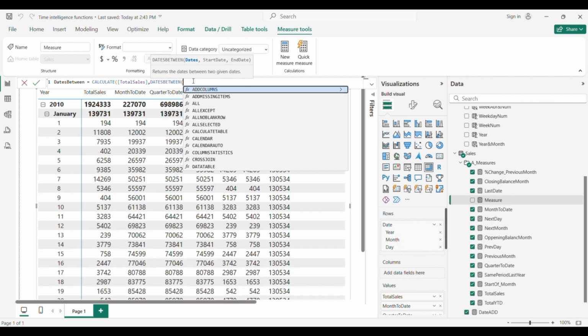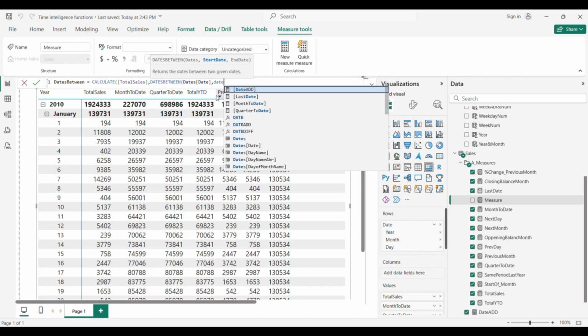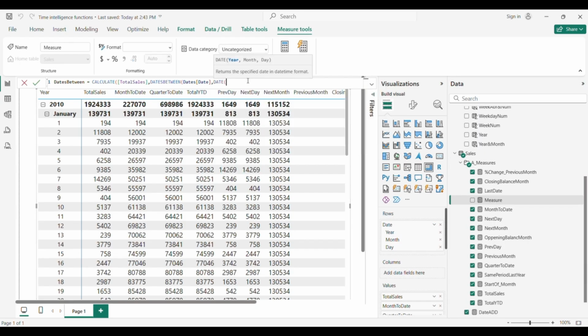So for that we will just add our dates and date column. Then we need to specify the start date from which we want to sum up our sales. So we'll say date, and we need to add the year 2010, February, and let's say first day.